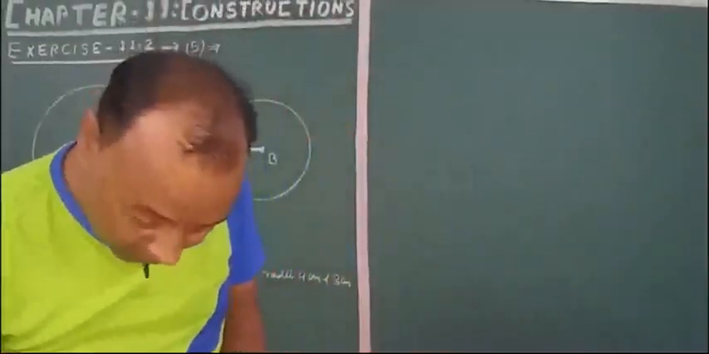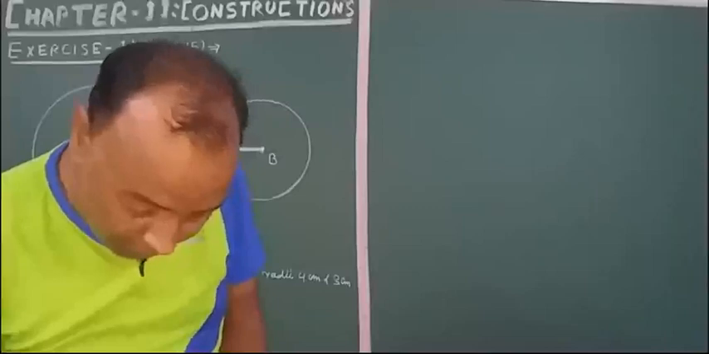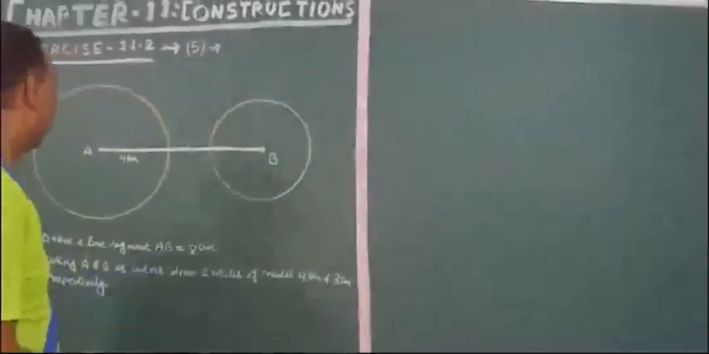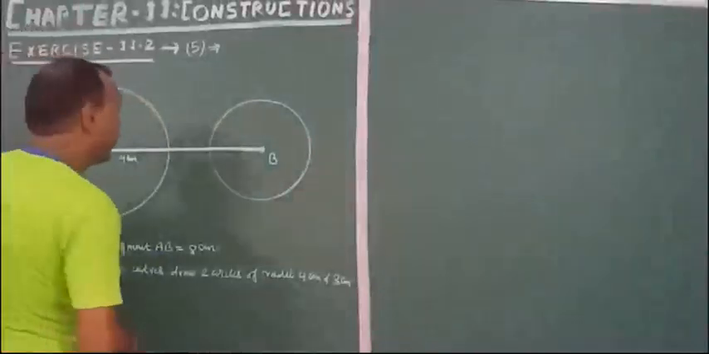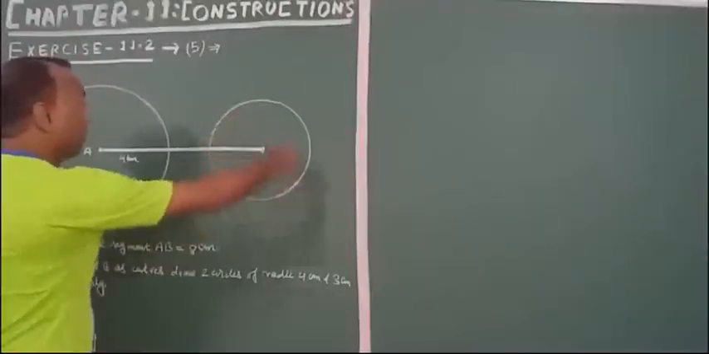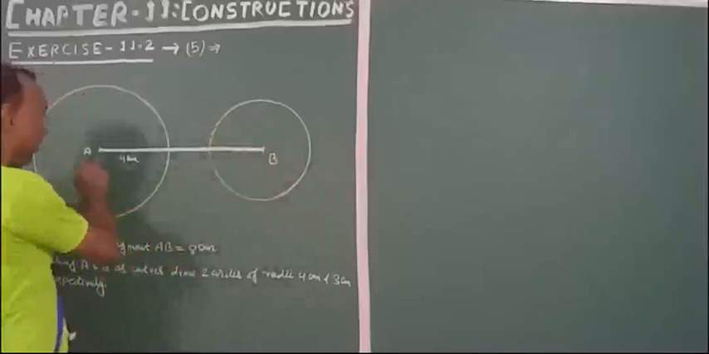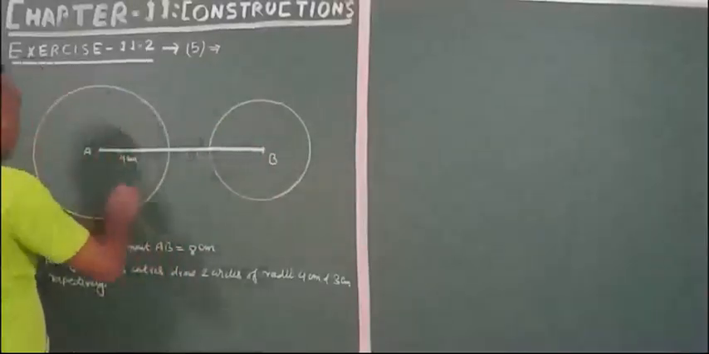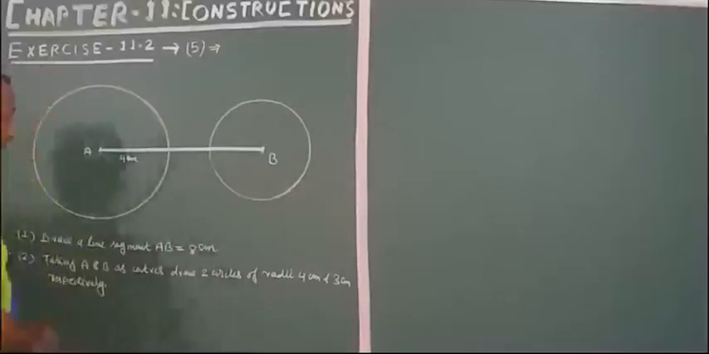Now the question is this: construct tangents to each circle from the center of the other circle. Now you have to construct the tangents to this circle from point A, and to this larger circle from the point B. So now what we will do,